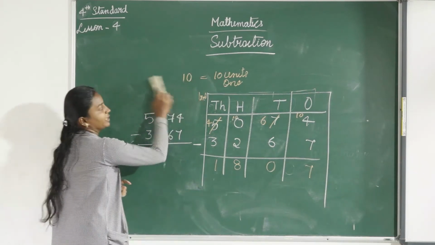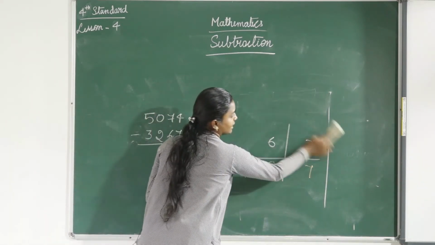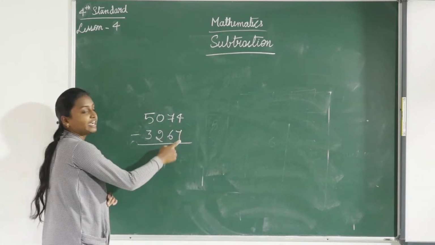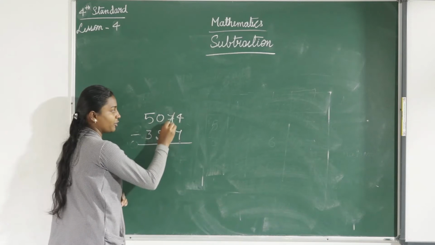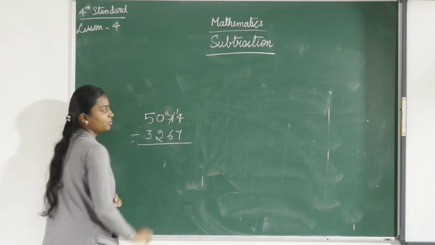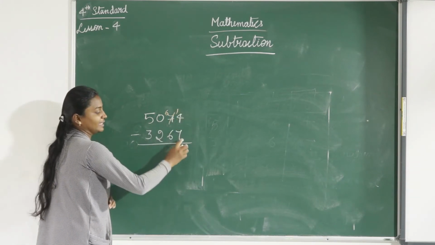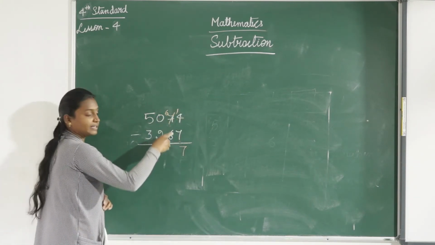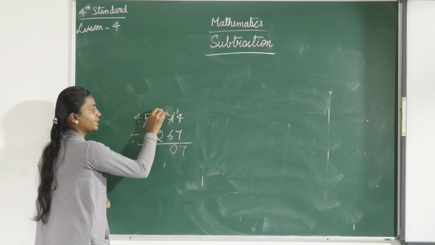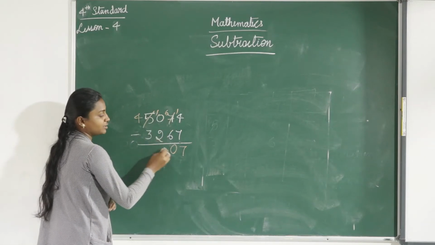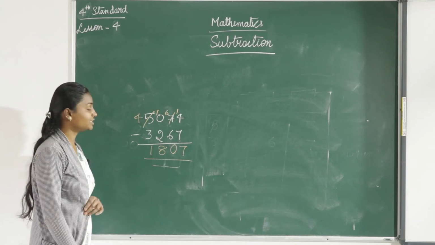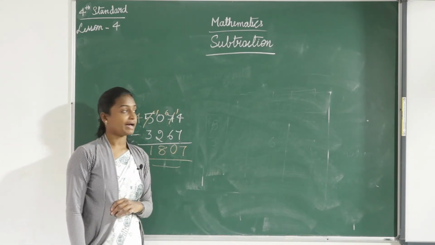Without using a place value table, how do we subtract? Let's take the same problem here. From 4 we can't subtract 7, so we are taking borrow from the tens place. So this becomes 6 and here you got 1. So 14 minus 7 is 7. 6 minus 6 is 0. Here we have 5, it becomes 4. You are taking borrow here. 10 minus 2 is 8. 4 minus 3 is 1. So this is the method of subtraction without drawing a place value table.